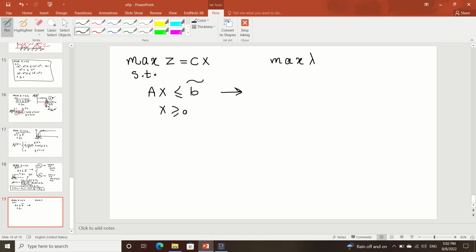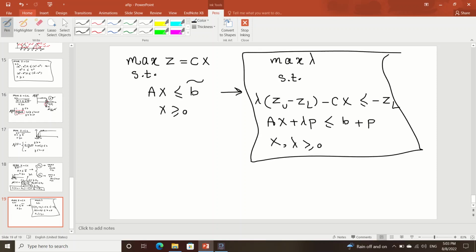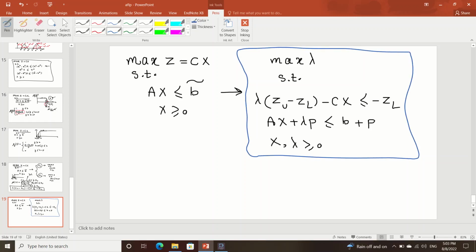Maximum lambda subjected to lambda multiplied by (Z upper minus Z lower) minus Cx less than negative ZL, and Ax plus p lambda is less than b plus p, and x and lambda are greater than or equal to zero, or non-negative numbers. Okay,